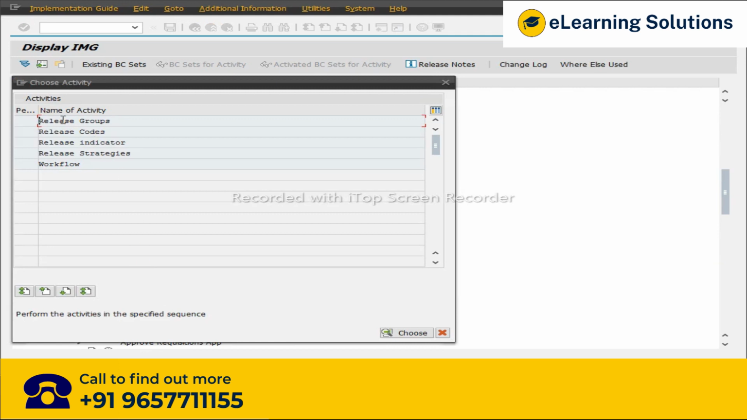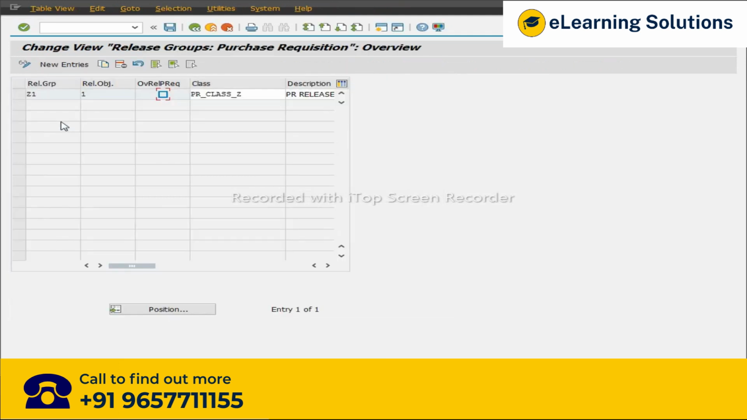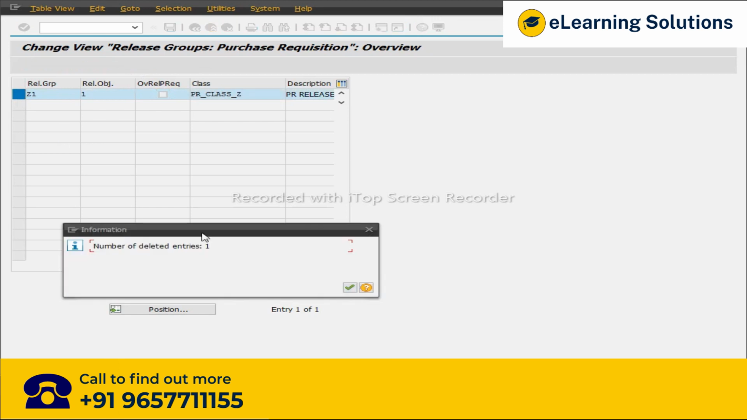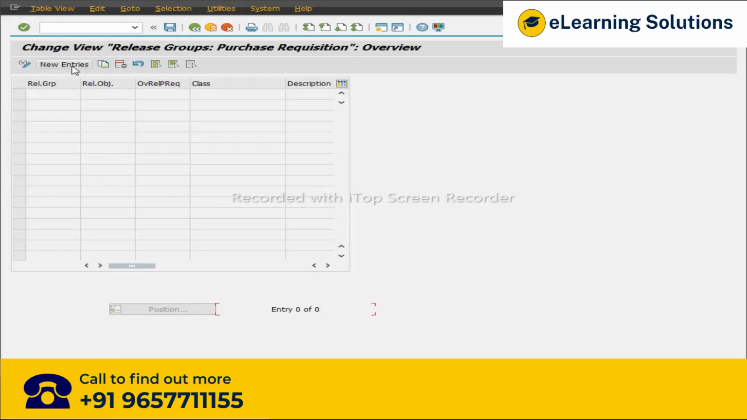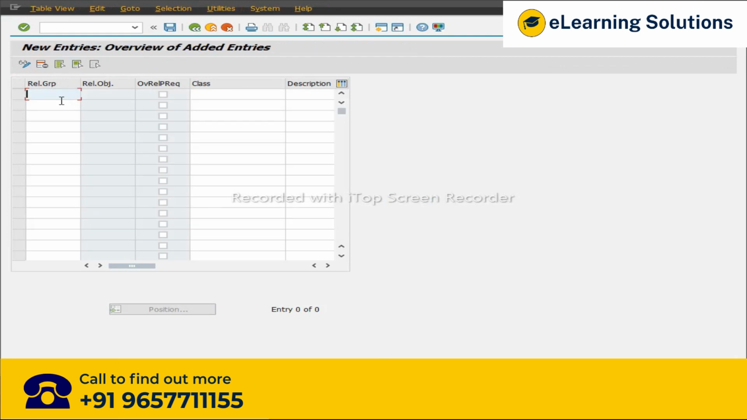Click on the release groups. Now what is important here is you will find some difference. I'll remove the earlier strategy first, save it. Go to new entries. Obviously here I will create one, R1 or whatever, so S1 I will create, and here you will not find this option as in the purchasing document. Okay, so overall release purchase requisition,